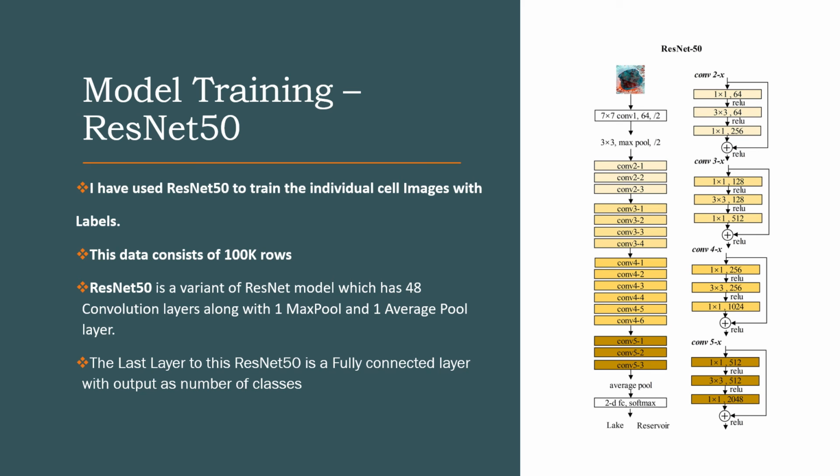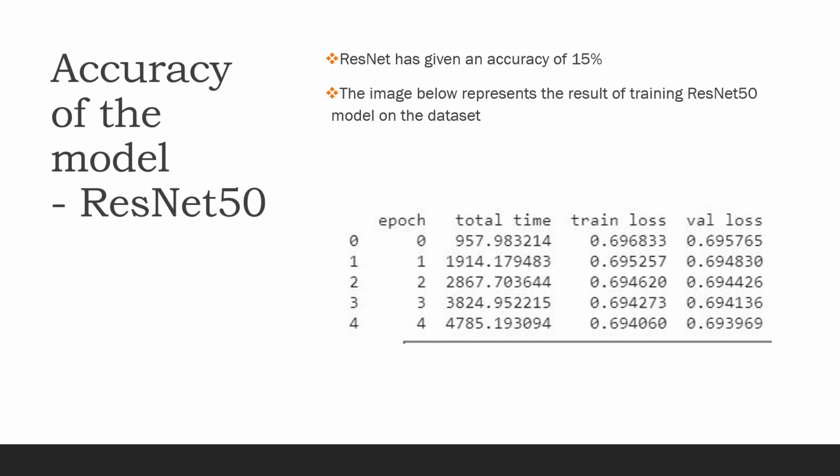So what we'll be doing here is using ResNet50, which is also called residual networks, in order to train our dataset. When we train our data using residual networks, we can see the training loss and validation loss here. After 5 epochs, the training loss and validation loss didn't show much improvement, and the final accuracy of the model was very bad, which is equal to 15%. So in future, we'll be trying out different models in order to improve the accuracy of the model.